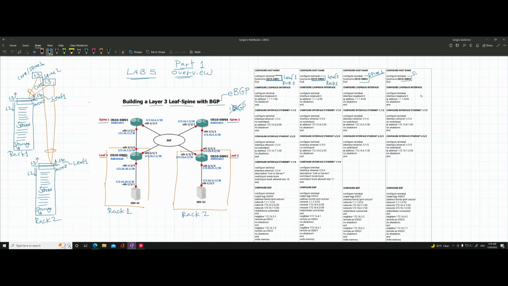Spine 2, which is switch 4, is the same thing as spine 1, right? It can be in a different location, it can be rack 1, it can be rack 2. Normally these two go together in the same location. Maybe spine 1 goes in one rack, and maybe spine 2 goes in a second rack, so that way